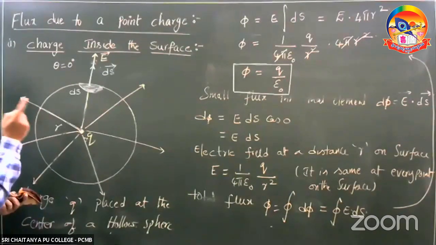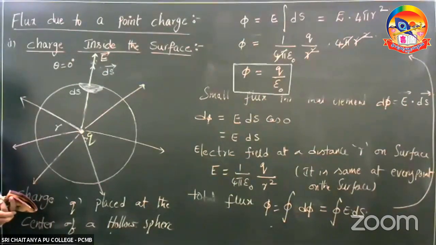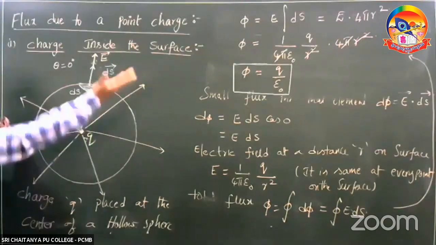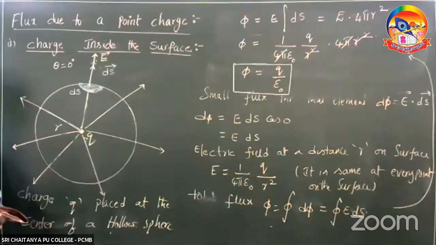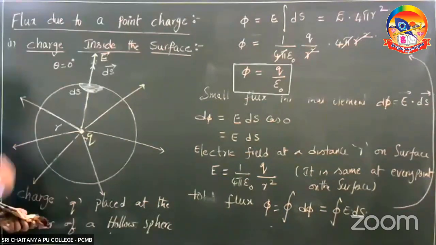So this is one of the very important points. Wherever in a problem a charge is in a closed surface, what is the flux coming out of it? Q by epsilon naught. Simply remember. In the previous case, when the charge is outside of the surface, what is the flux linked with the surface? Zero, irrespective of the shape. Here also.